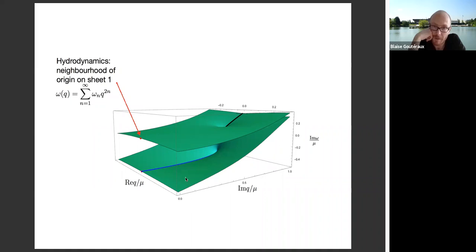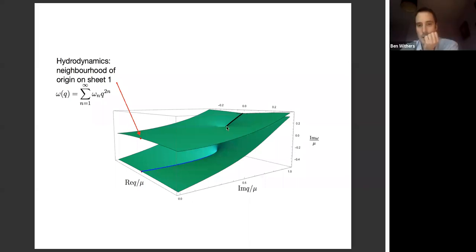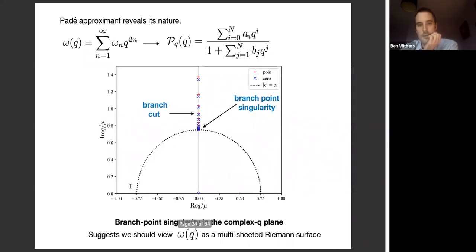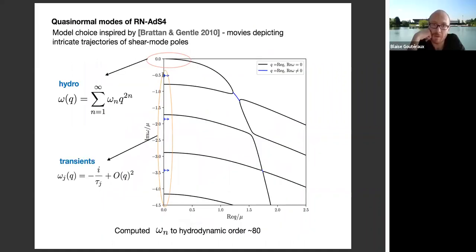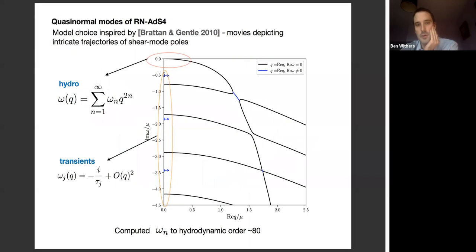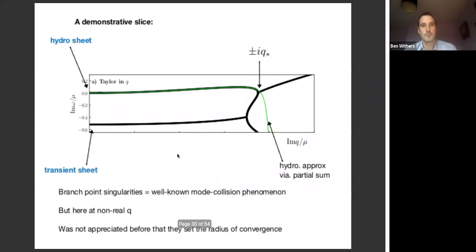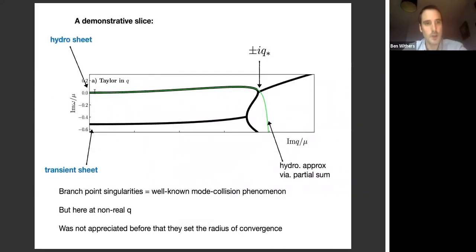But I thought that in this plot, what I was really supposed to understand is that your hydro mode collides as a function of purely imaginary Q. Yes. With the blue guy, the first blue guy from Danny and Simon's plot. Yes, that's right. Okay, good. Sorry. Yeah, exactly. So if you go in complex Q, this guy collides with this one. Good. Thanks. So indeed, let's draw exactly that slice. Let's take real Q equals 0, and we get to here.